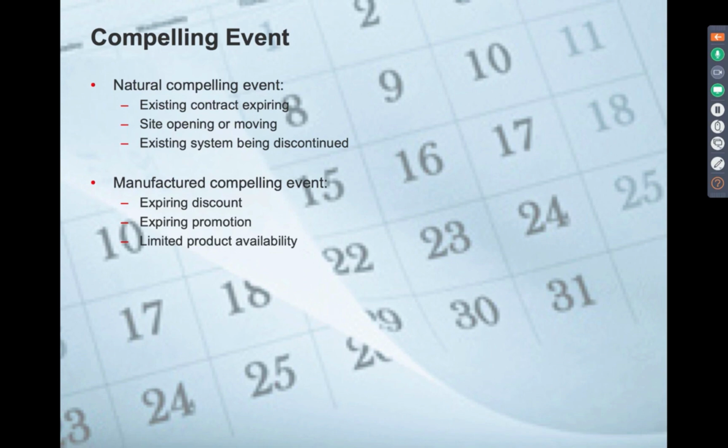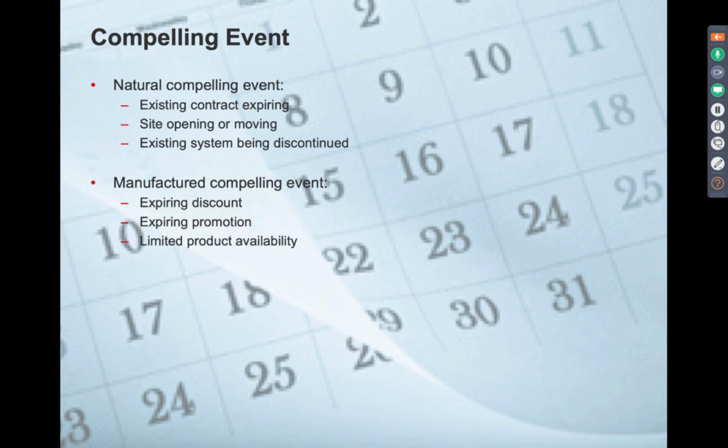Maybe it might not be the difference between you getting the prospect to say yes or no, but sometimes when you're managing the sales process, your prospect might become unresponsive, or push back on you and say call me back at a certain date or whatever. So this is something you can use to control the sales process and drive the prospect back to either talking or agreeing to move forward. Now, if you don't have any date that's really significant like that, you can manufacture a compelling event, such as creating a discount or promotion,